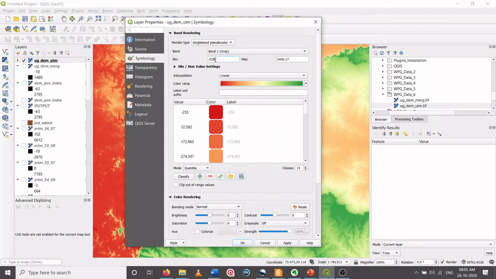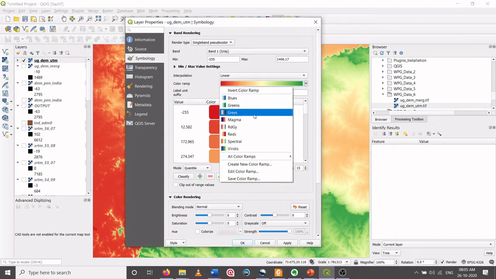So these are nothing but no data values. If no data is available, or there is some error, then those pixels are assigned certain negative values so that we can understand those are no data cells, or pixels having some error. Here I can keep the interpolation as linear, and there are various color ramps available.